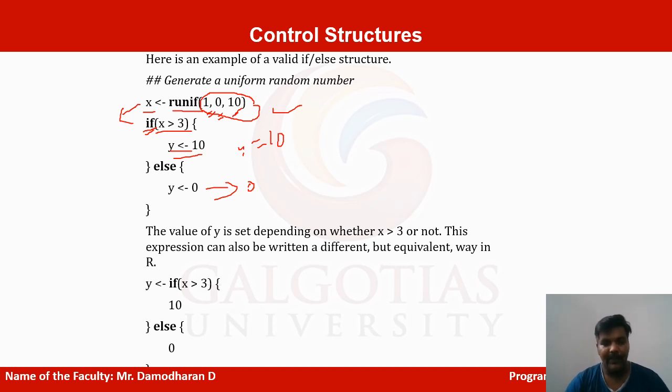The value depends upon the x condition, so it is another kind of condition. Based on this condition we get these outputs. So here, if x is greater than 3, we load 10 for y, or else it is 0. Earlier, based on x we assigned the value of y; here, based on y we assign the value. These are equivalent forms of two different expressions.